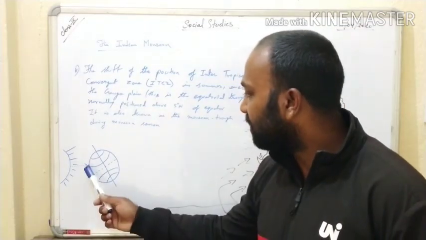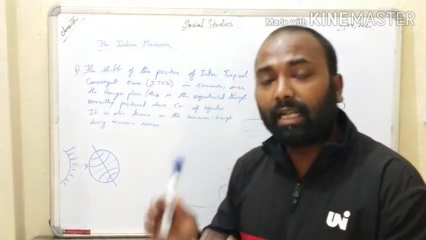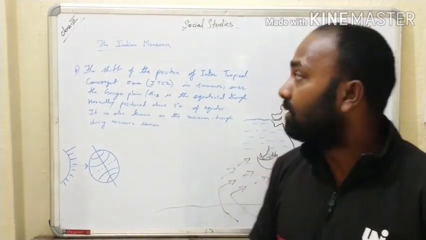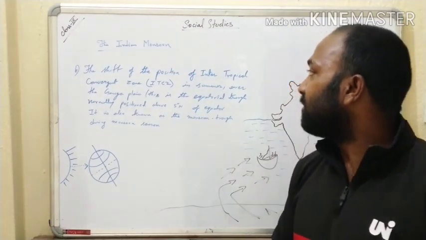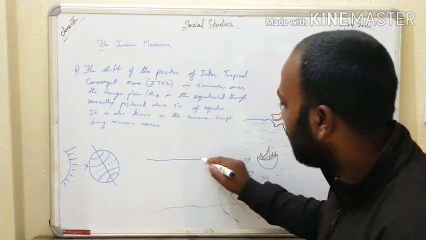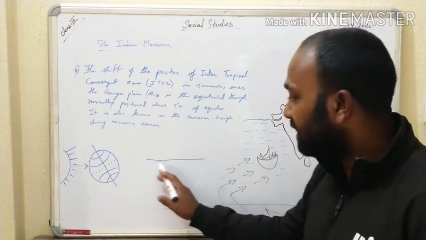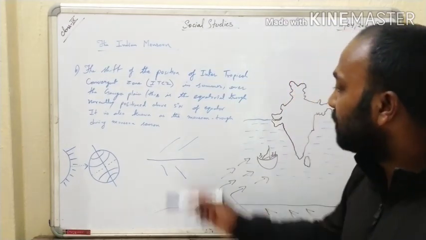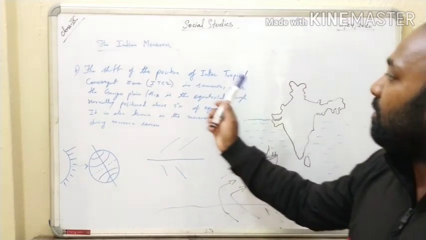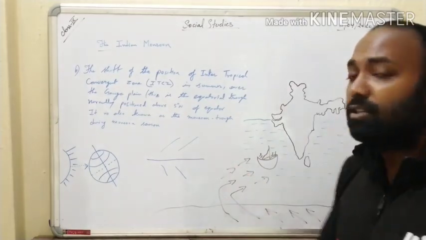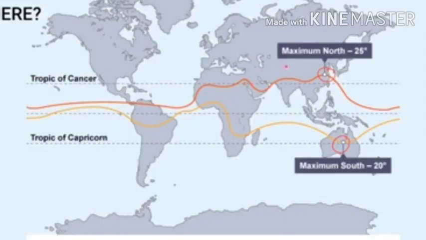So we can say that the virtual equator lies at this place. The insolation on the land is more at this time and the heat zone is created, so the low pressure will be created there. So at that time there will be a shift of the position of the intertropical convergence zone. Suppose this is your Tropic of Cancer; if the low pressure is created here, obviously there will be a convergence of wind here. So this will create the intertropical convergence zone, and the wind blows towards the tropical areas during the time of monsoon.